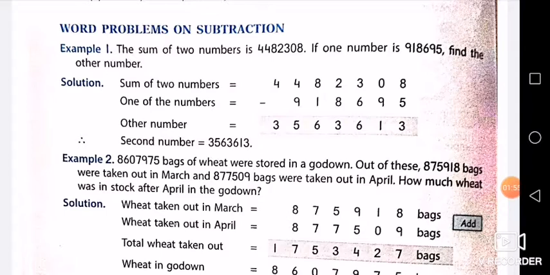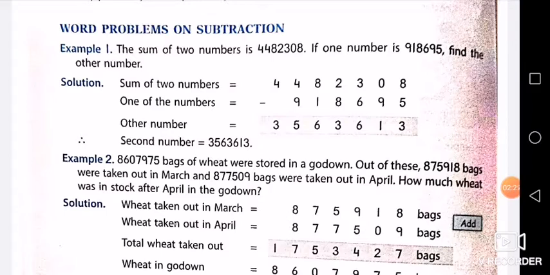And as I told you, sometimes two numbers will be given, and if one number is given to you and you have to find the other number or second number, then also you are supposed to do subtraction. See, I am telling you the situations where you are going to do subtraction, and the rest of the questions where total, in all, together will be there, then you are supposed to do addition only. There is no confusion in addition.